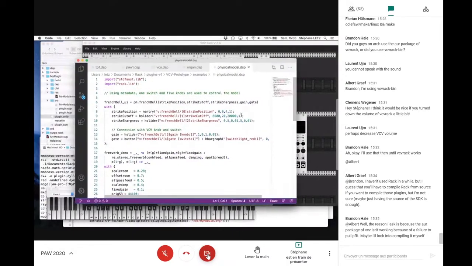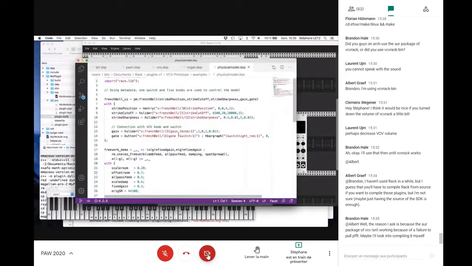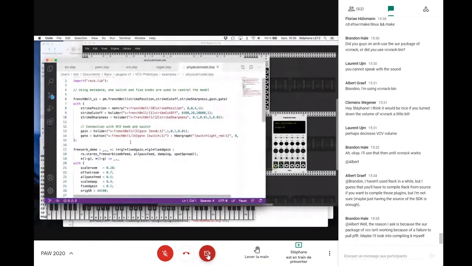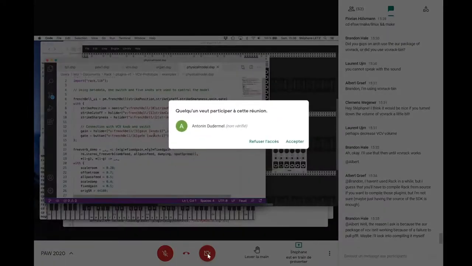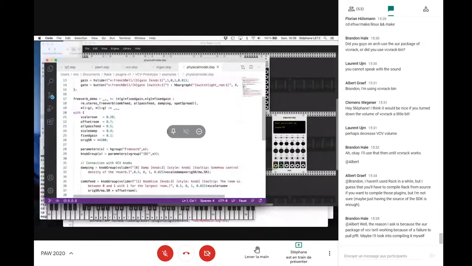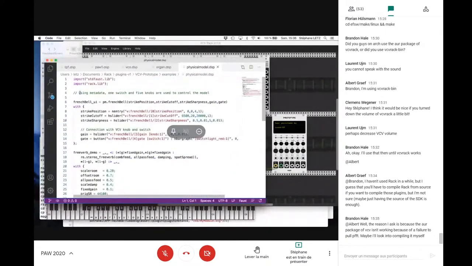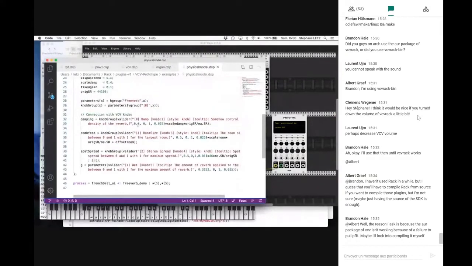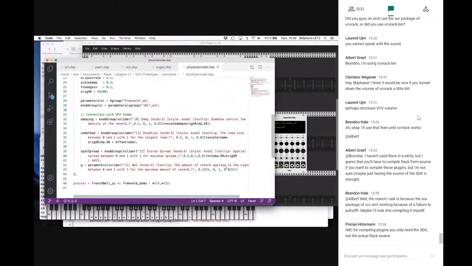And here also I have done some connection of some part of the GUI. The gate of the bell, to hit the bell, is connected to the switch 1 button. You have knobs that are connected to the gain, and then this bell is connected to a freeverb, and the freeverb also has some knobs that are connected to the VCV prototype